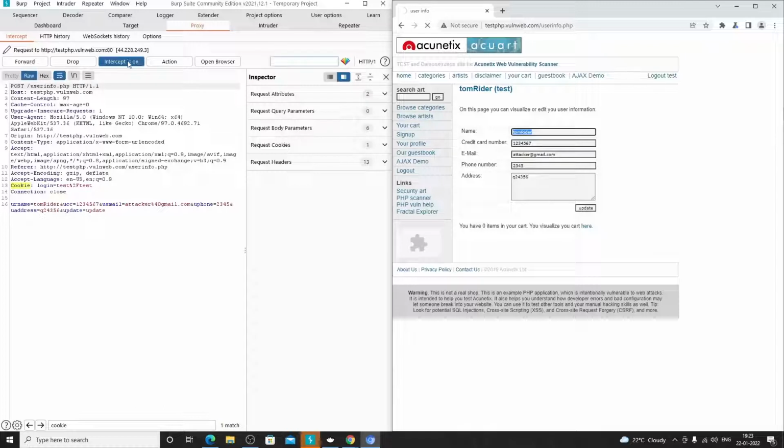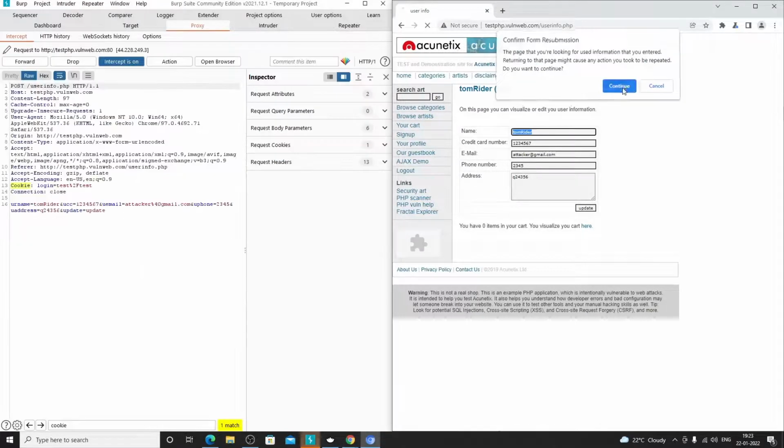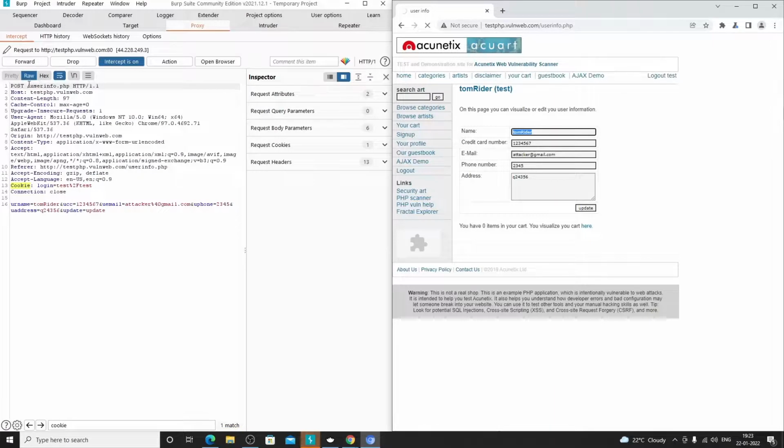Even if I reload, it is intercepting that request on the reload also. I will turn the intercept off. See, even after the reload, you can see that your content is still there. Why is it still there? Because I will again turn on the intercept. If I reload it and click on continue, you can see that it is trying to get this user info page,